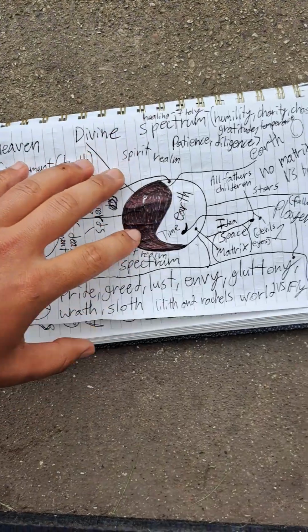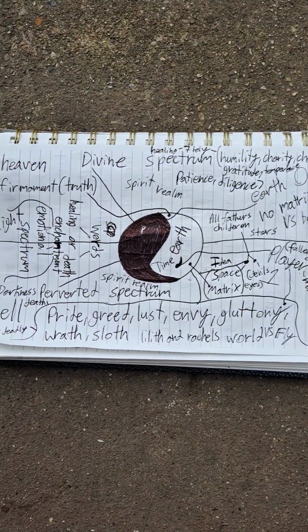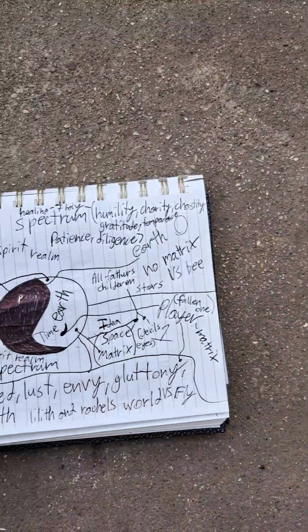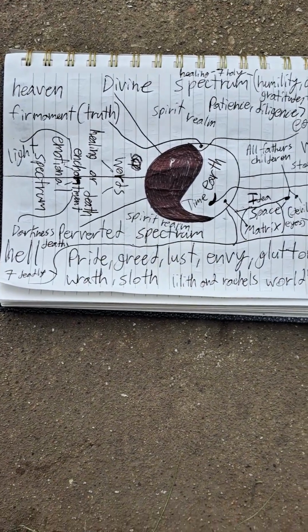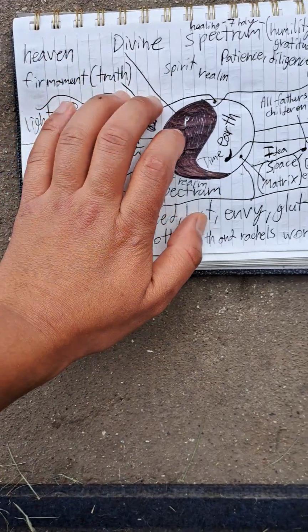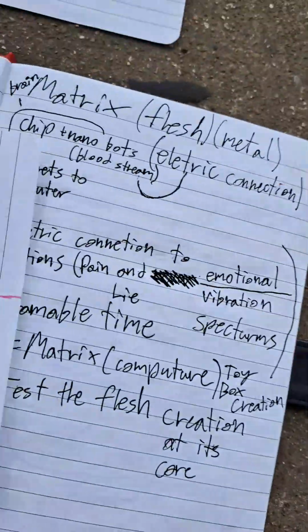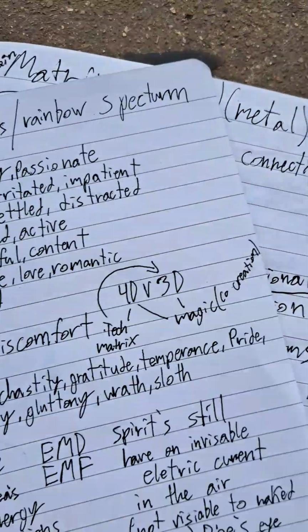Okay, because here I want to explain how the divine and the undivine work. Okay? Now, through the emotional spectrum, like I was explaining earlier, through the emotional spectrum, like a mood ring,